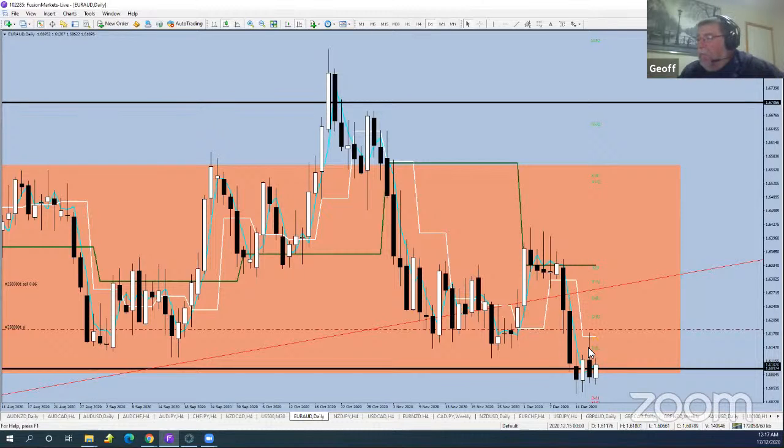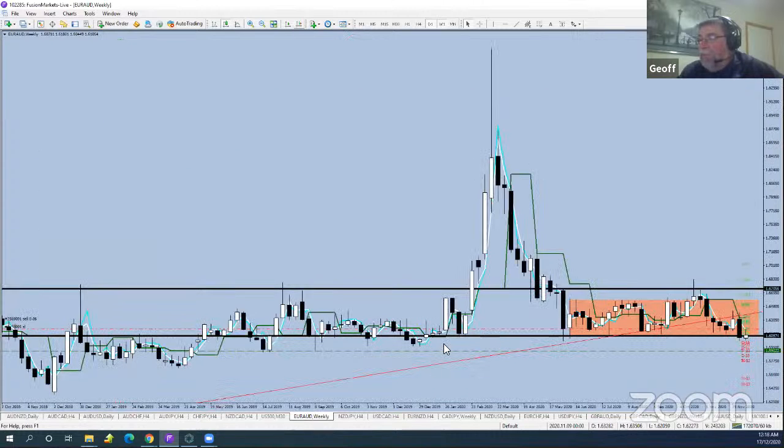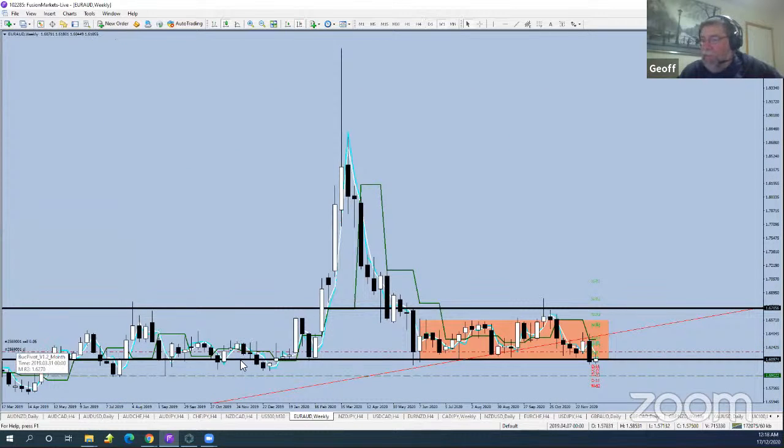That's the daily chart that we're looking at. Interesting, this one, because we're now consolidating bang on that level that we isolated earlier, which of course is the bottom of this range. That is a very long-term range that has been false broken so many times to the downside. One big one there, of course, was